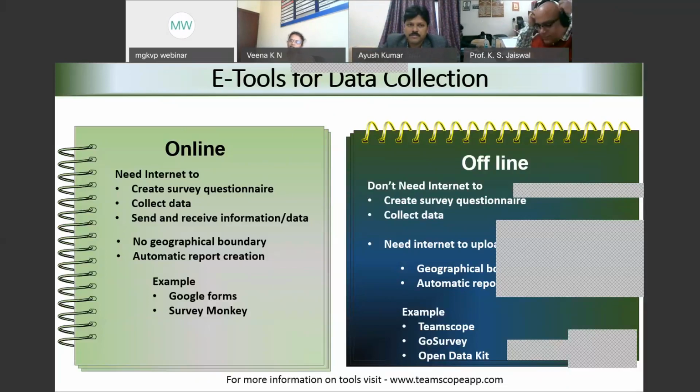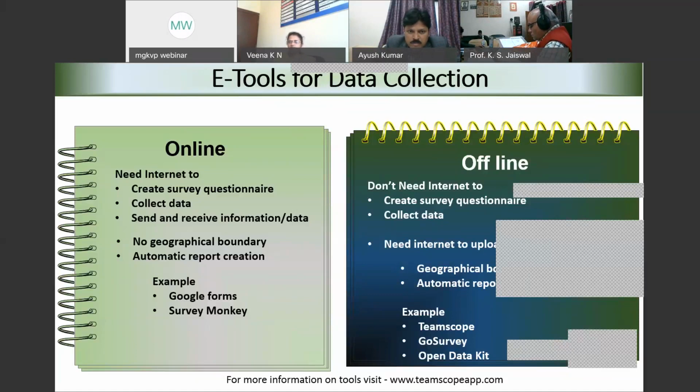There are many tools available, which I'm going to give you a list. Keeping in mind the time allotted, I did not get into the details of each one of them, but it's very easy that you will get to have these tools available online. You can always visit. However, I'm just giving you the list here, which will help you to do the data collection part. Here, what happens when it comes to online data collection tools?